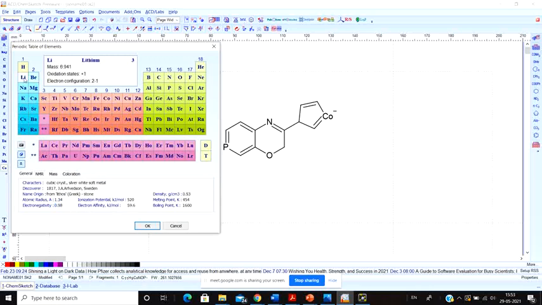What if I use lithium? Now see, if I use lithium, the electronegativity decreases, but the electron affinity increases. So which to select? Now see the atomic radius, it's 1.34, it is 1.01. Obviously beryllium has a much lower atomic radius than lithium, so I'm obviously going to select beryllium in this respect. Like this, you can actually analyze and select an atom to be present in your particular group.